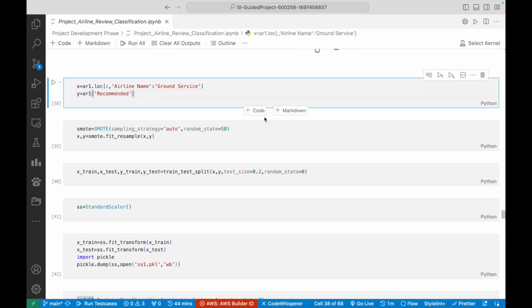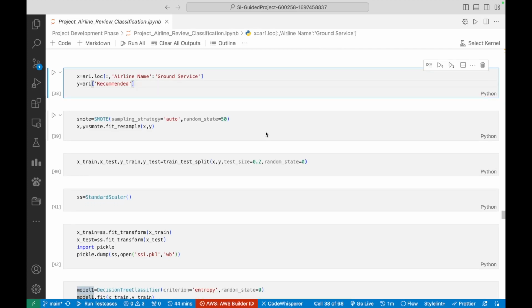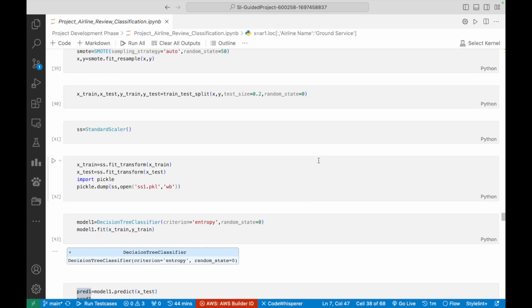So here I created two variables. The first variable had the data set from airline name to ground service, and the other only had the column for recommended. And then I used SMOTE to prevent oversampling. And then I used a train test split to split the data between X train, X test, Y train, Y test. And then I scaled the data using a standard scaler